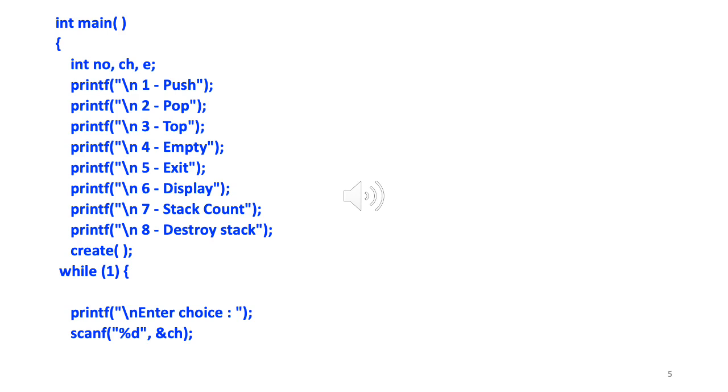Okay. So after these 8 printfs, we'll do create. What this create will do, we'll soon see, is just set the top value to null. That's it.